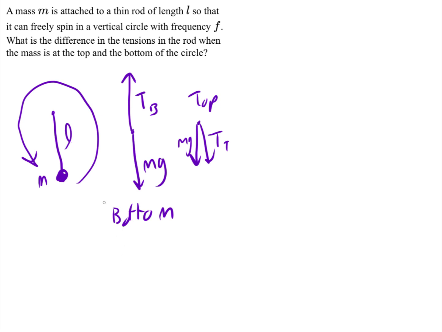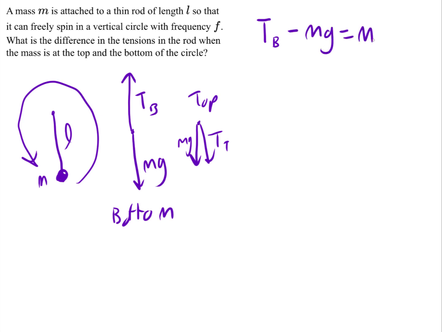And now we can write some equations. In this case, the positive x direction will be towards the center. So no matter where we are on the circle, the positive direction will always be towards the center of the circle. And that is what you should do for these sorts of rotational dynamics problems. So from the first one, we can say that the tension at the bottom minus mg